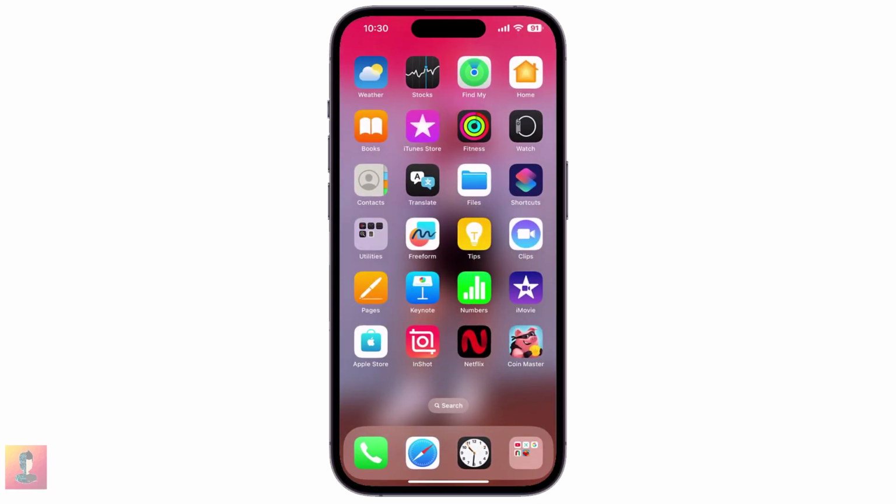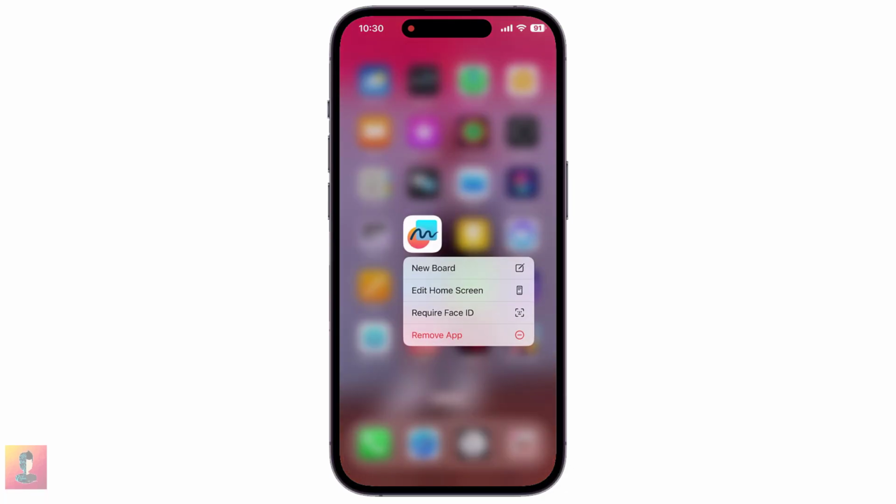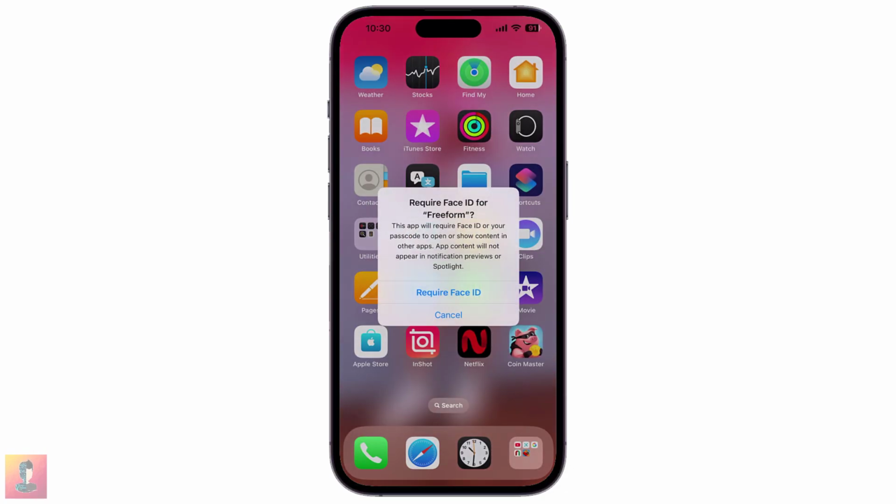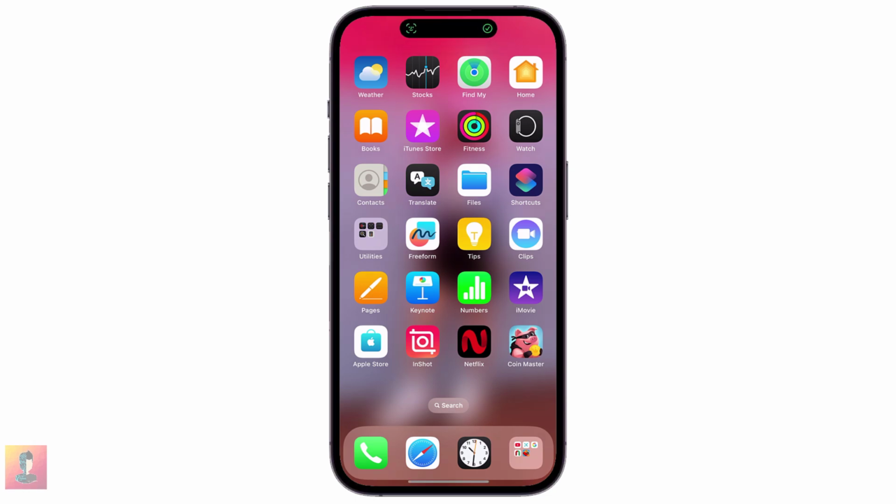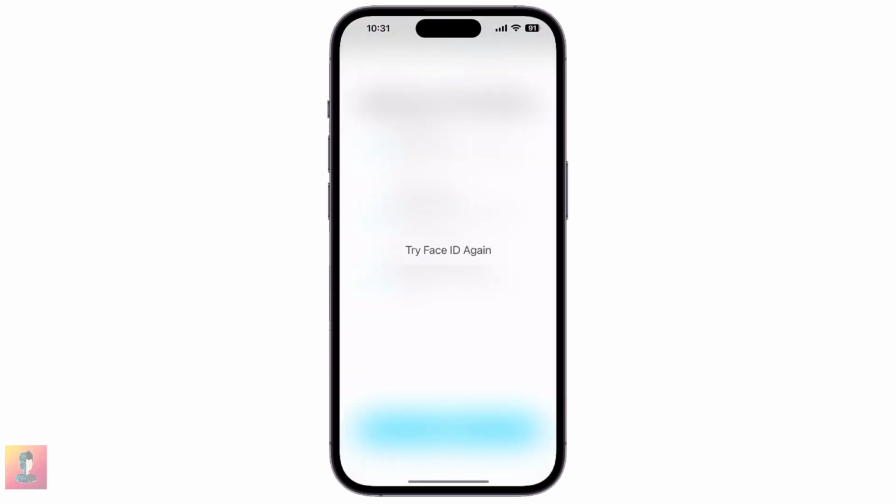Now, gently press and hold the app you wish to lock until additional options appear. From the menu, please select Require Face ID to secure the app using your Face ID or device passcode. As the app is now secured, it will prompt you to authenticate using Face ID or your device passcode before